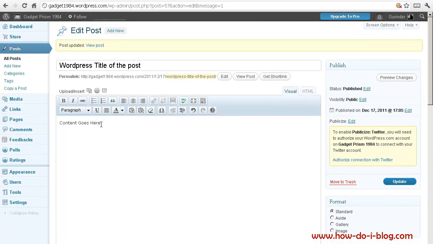So I have a sample text, so I will just simply copy and paste it here. I already have copied that content. Now before I paste it, I have these two options for how I want to paste the content. The first one says paste as plain text. What that does is, when you copy your